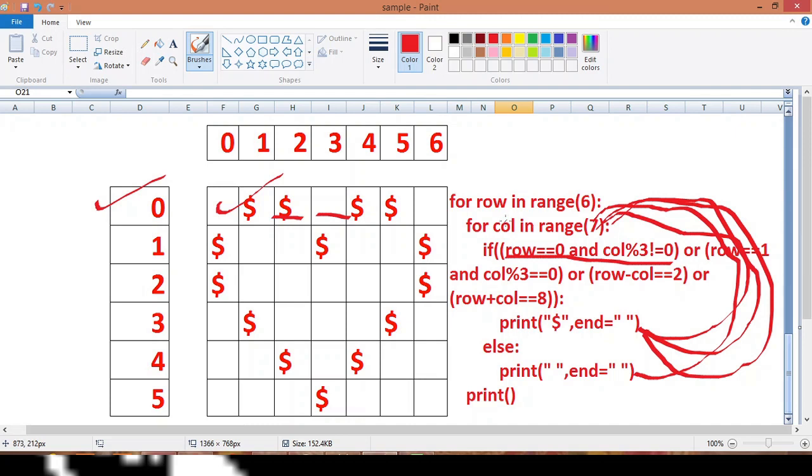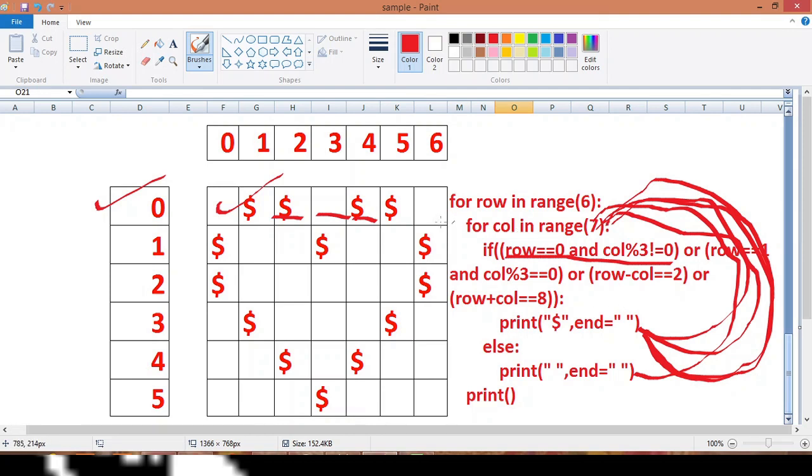So 4 will be passed for the calls variable, and it will again go and check for the condition row is equal to 0, because we are in our first run of row where the row value is 0 only. So 4 modulus of 3 not equal to 0, and as you know 4 modulus of 3 is not equal to 0. The condition is true, that's why it will come inside the if body and it will print the dollar sign. Because of this AND, the control will be in the same line and the dollar will be printed in the same line. Now again it will go inside the for loop again.